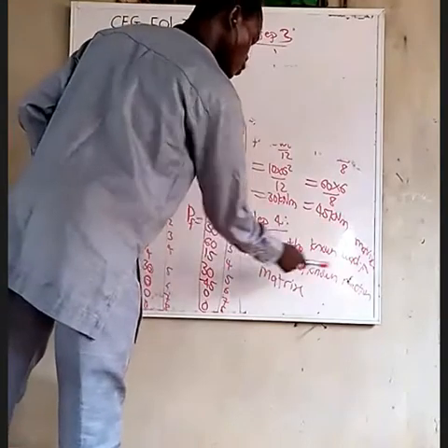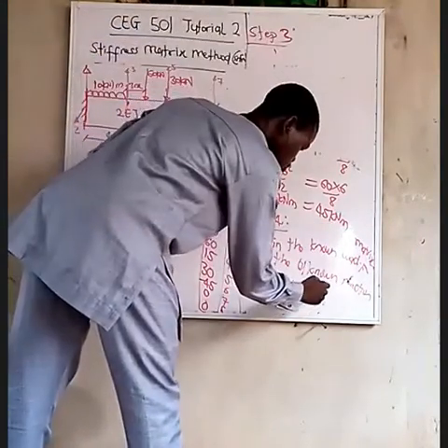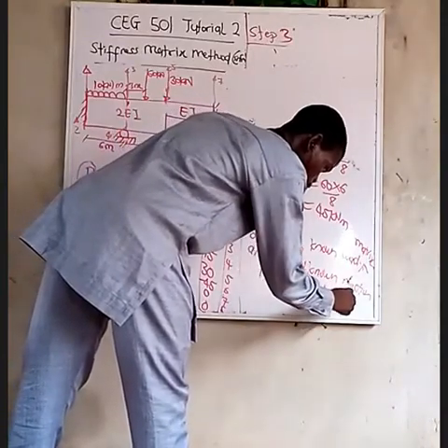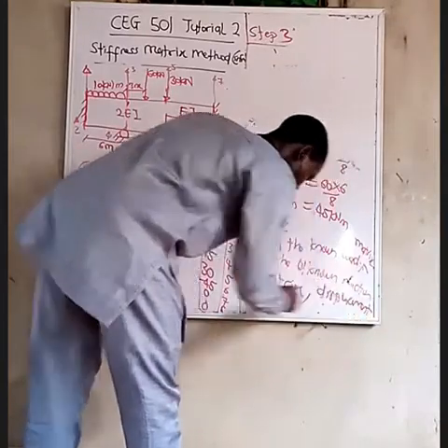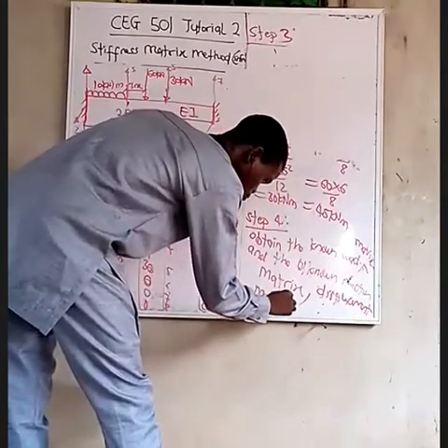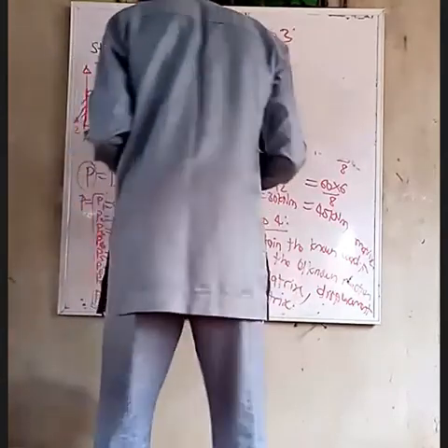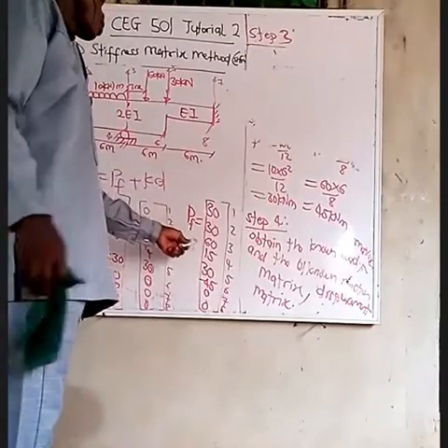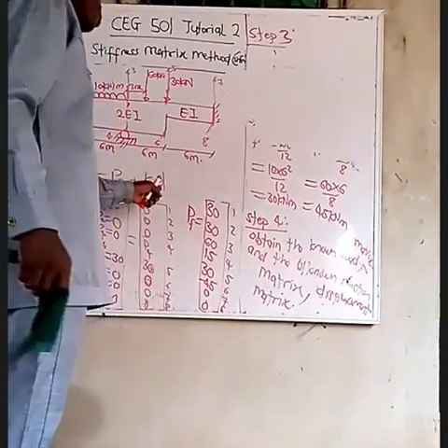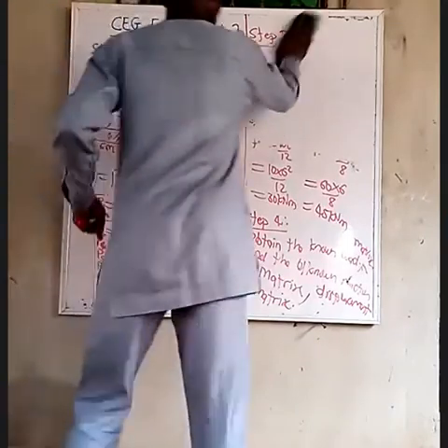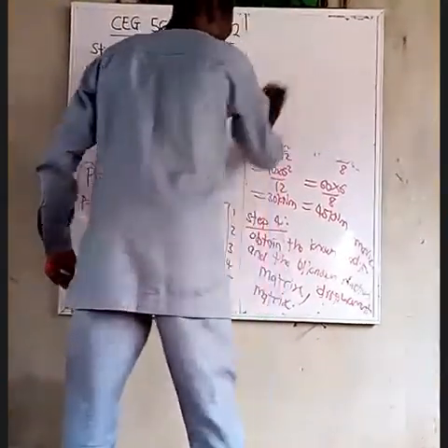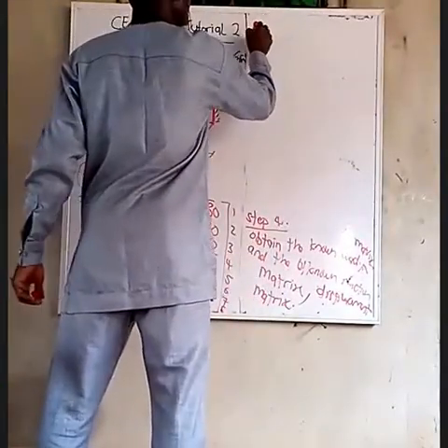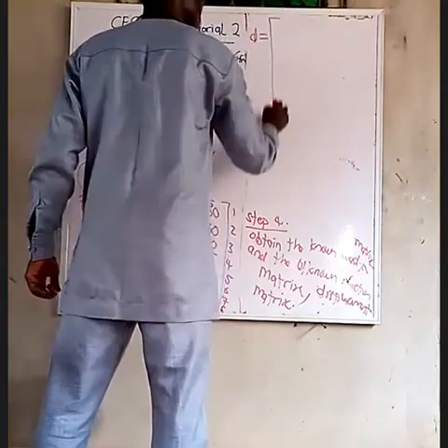So we are obtaining, did I write this step? Step 4, obtain the known load matrix, unknown reaction, and unknown displacement. And the displacement matrix, not unknown. So we have obtained the load, we have obtained the one due to fixed moment. We are obtaining the one due to D now. The displacement matrix is what we are obtaining now. So D,